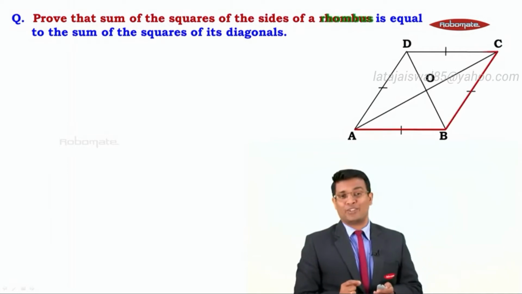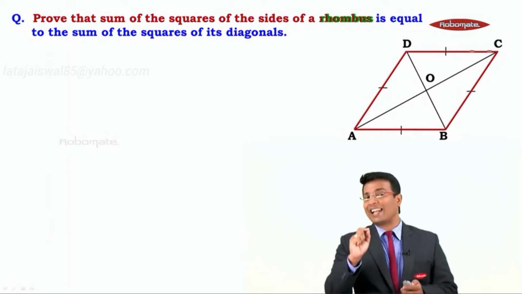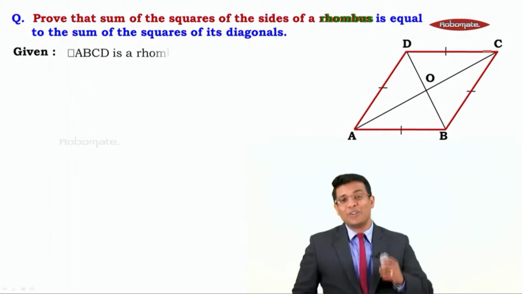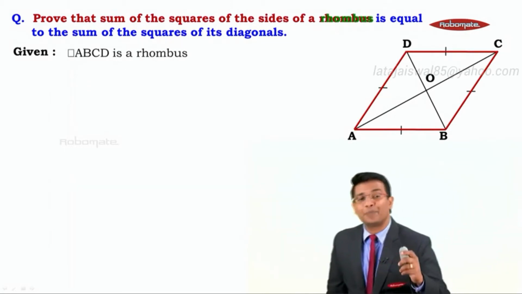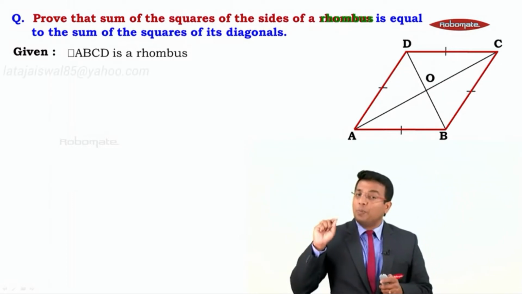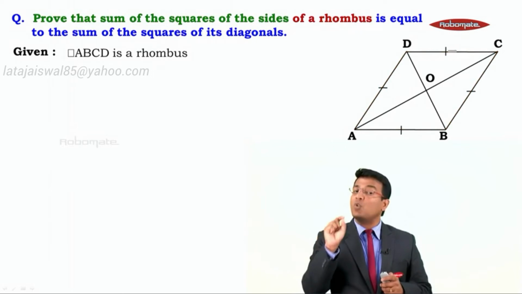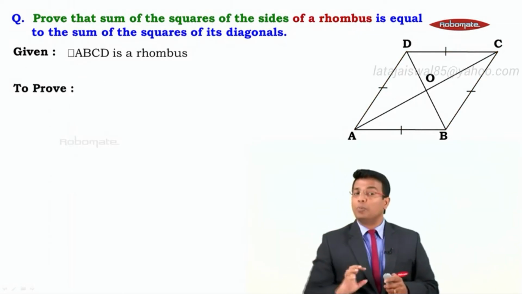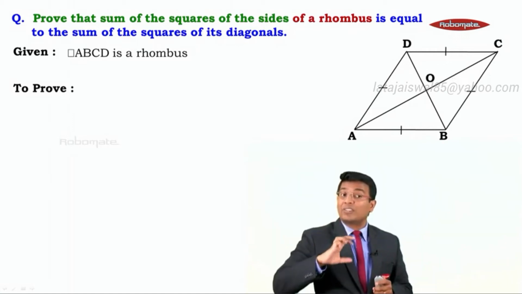Prove that the sum of the squares of the sides of a rhombus. So we need to have a rhombus first. So here we have quadrilateral ABCD, which is a rhombus. Rhombus means all the sides are equal. So we write there, quadrilateral ABCD is a rhombus, right? Then we have to prove that the sum of the squares of the sides of a rhombus,